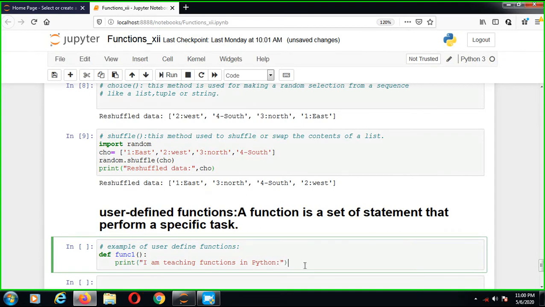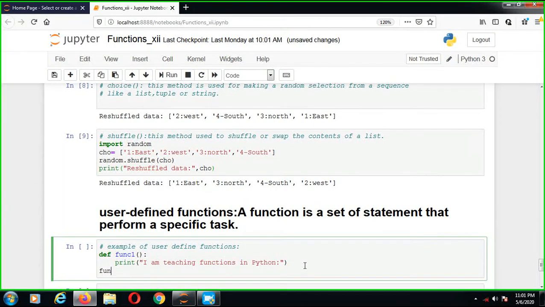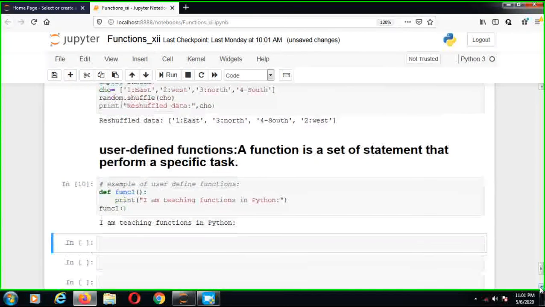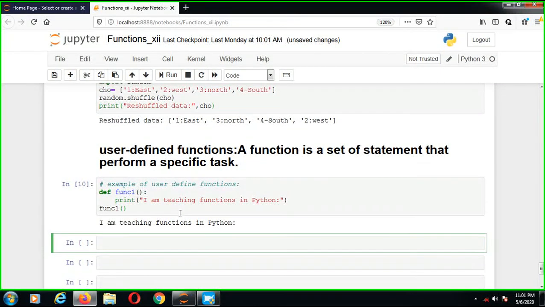Got it? Now this is my function. So I have to execute this function in this manner and enter. You can see that the output will be there. Got it? So you understand how we can design user defined functions?